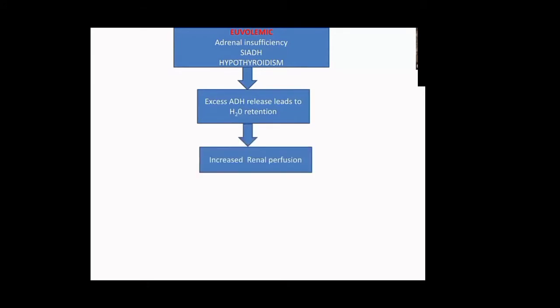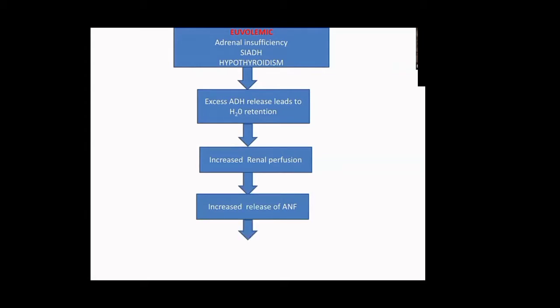So whenever a patient of hyponatremia comes, do send cortisol levels, do send thyroid levels. ADH levels we don't monitor, but these two, thyroid and cortisol levels, are important and should be sent routinely. There is an excess ADH release which leads to water retention. Then there is more and more renal perfusion. So what happens? The renal perfusion is more, so atrial natriuretic factor is increased, as a result of which there